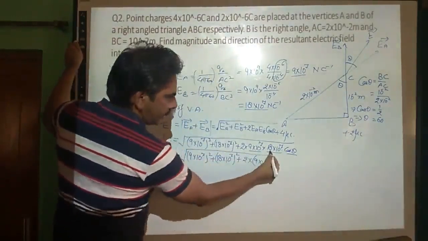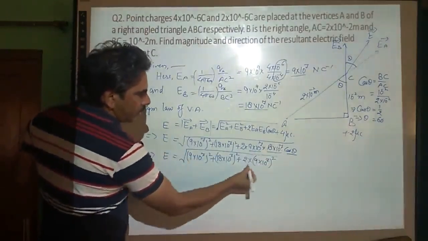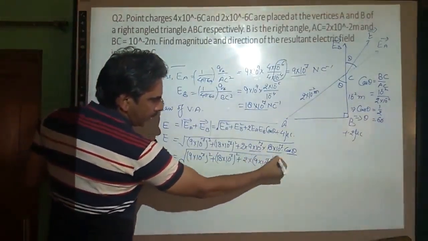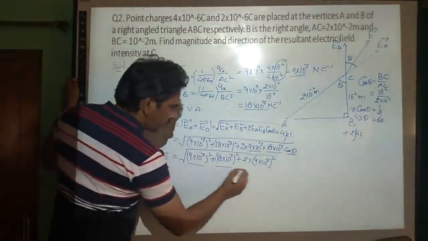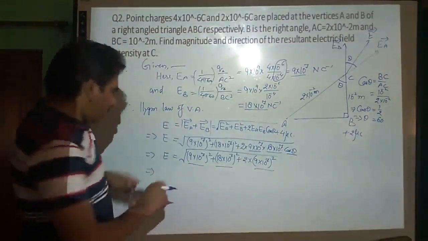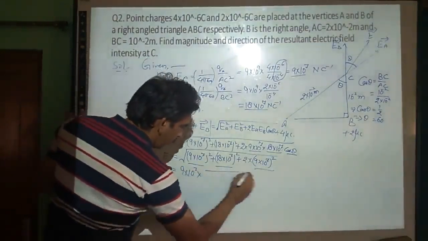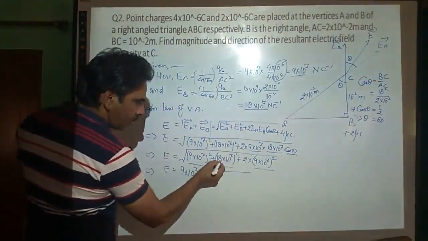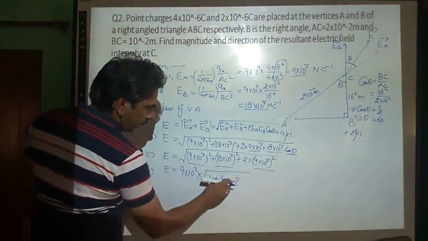We have just factorized 18 as 2 into 9. So it is 2 into 9 into 10 to the power 7. So the 2 which is here, I am writing it here because this 2 cancels out, and it is 9 into 10 to the power 7 here, and also 9 into 10 to the power 7 here, which is square. So from all these terms, we can take 9 into 10 to the power 7 out of the square. So E just becomes equal to 9 into 10 to the power 7 into root of what? Here 1 is left, plus here 2 is left, the square of 2 means 4, plus 2, because this is taken out.